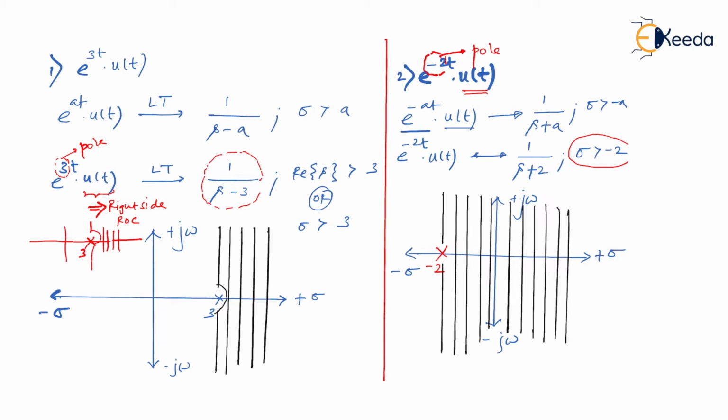So we have to enter this whole area, that is sigma greater than -2. We show a dent so as to make sure that our ROC doesn't include a pole. Please remember, irrespective of whether you have one pole, two poles, or multiple poles, whenever you are drawing the ROC, it will never ever include a pole. And by observation, I'll prove it.